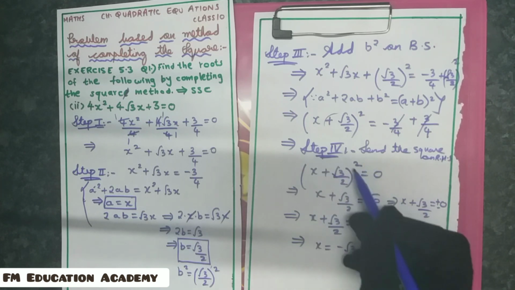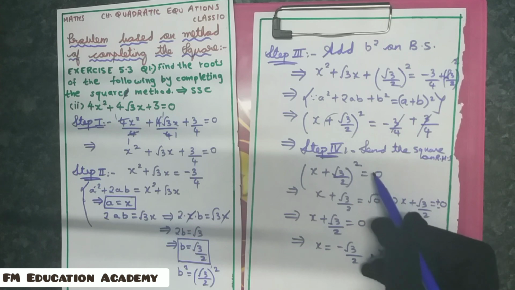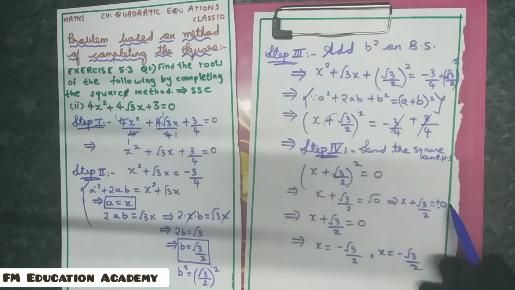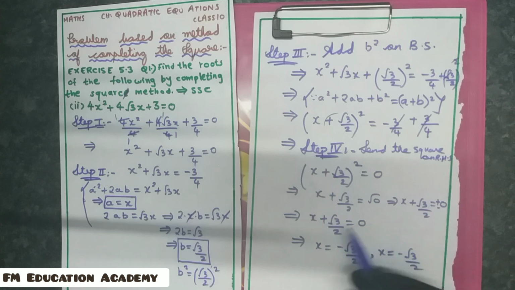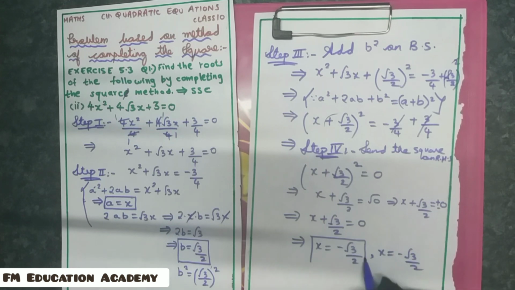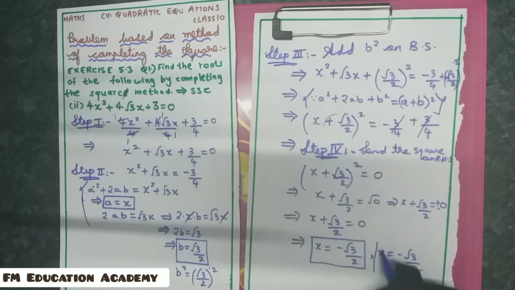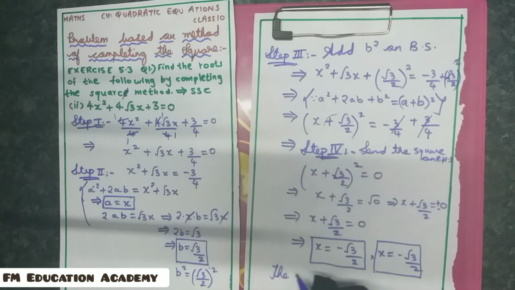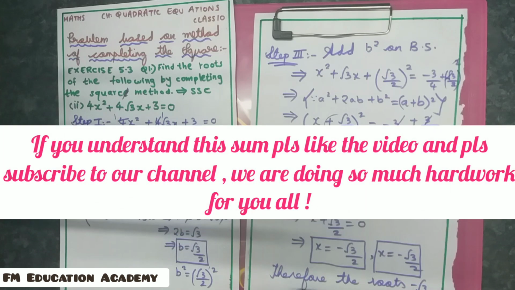So here I am getting this value as 0, and we know root 0 does not have any value as plus 0 and minus 0. So both the roots are the same, that is, I will have equal roots here. That is x is equal to minus root 3 by 2 and x is equal to minus root 3 by 2. So what is the value of the roots I got by the completing the square method? Minus root 3 by 2 and minus root 3 by 2. Therefore, the roots are minus root 3 by 2 comma minus root 3 by 2.